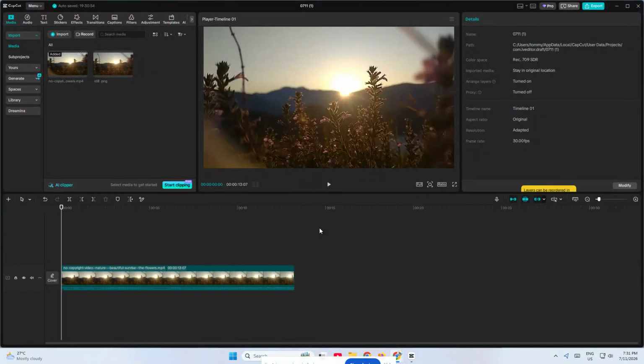If you want to clean up your footage, remove mistakes, or just shorten a clip, learning how to cut parts of a video in CapCut is one of the most useful editing skills you can have. In this video, I'll show you two simple methods: trimming the ends of a clip and cutting the middle section out on PC. This is beginner friendly, fast, and once you learn it, you'll be able to edit much more